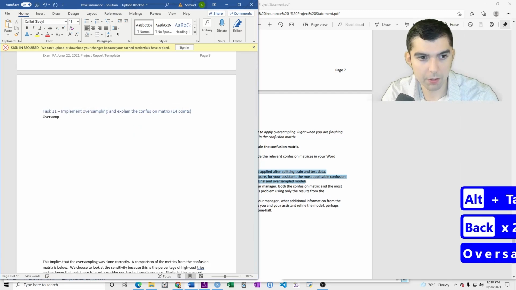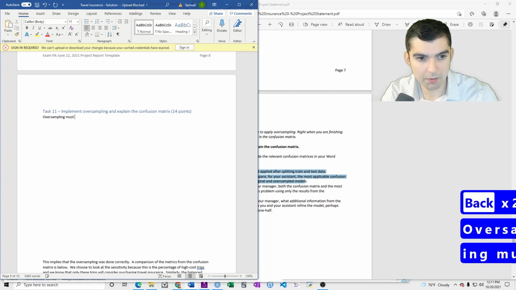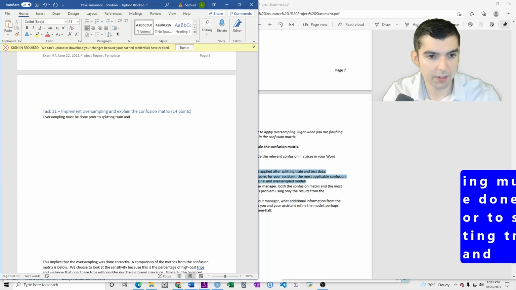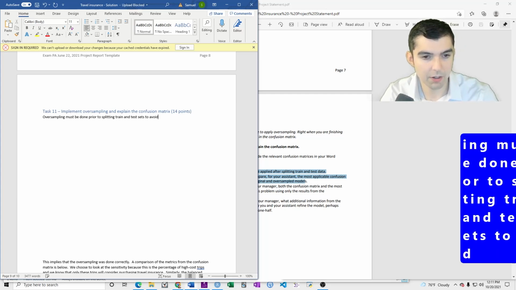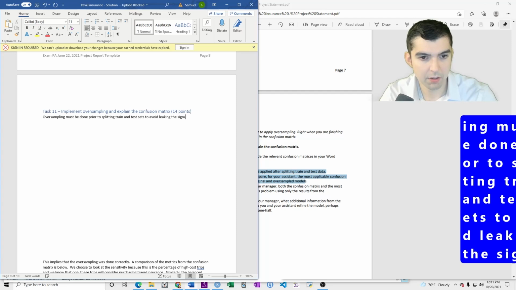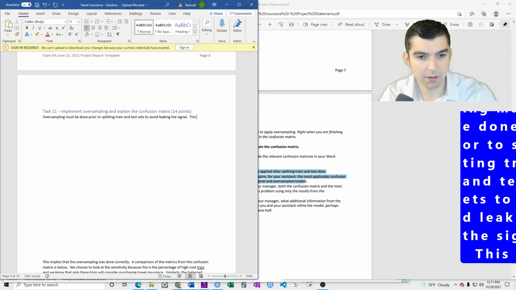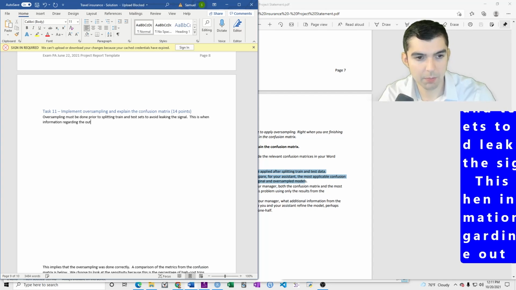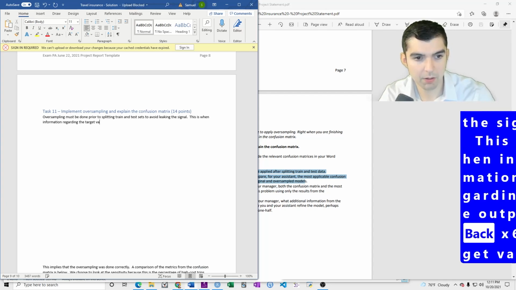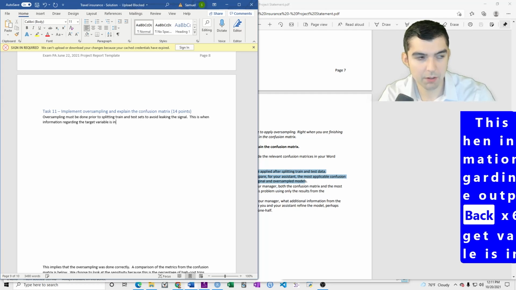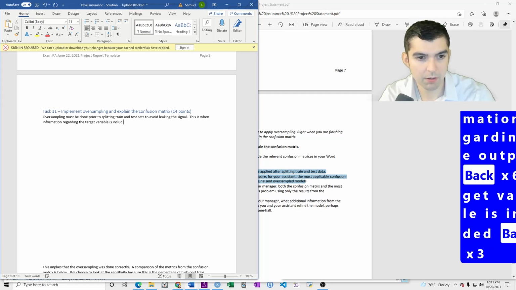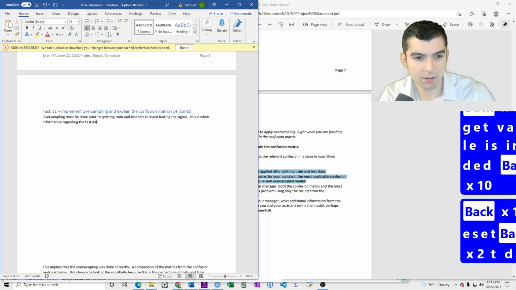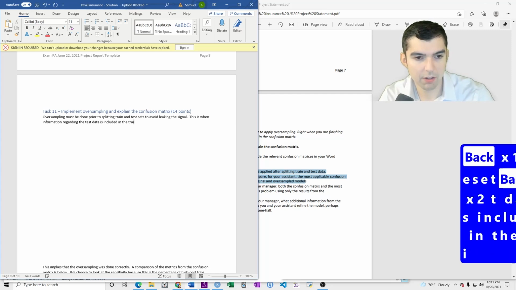So oversampling must be done after splitting train and test sets to avoid leaking the signal. This is when information regarding the test data is included in the training data.